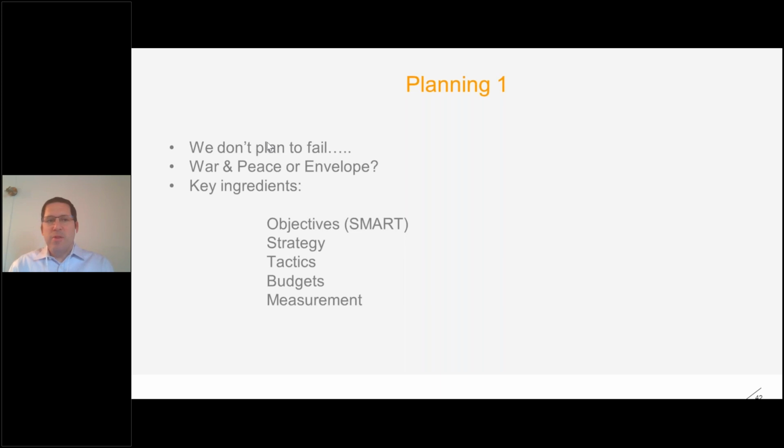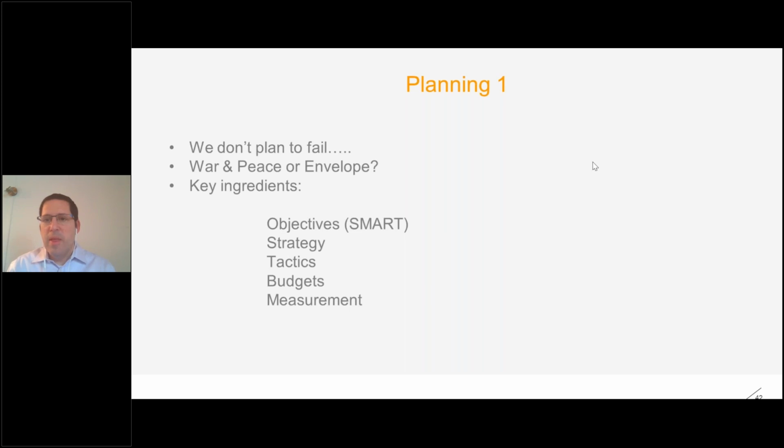Now there is a fine balance between war and peace or an envelope. By that I mean sometimes you have people that spend so much time planning that they almost forget about what it is they actually need to do. And sometimes people can come up with a plan on the back of an envelope or back of a beer mat, and it's not quite what we need. We need slightly more details than that. So there is a balance to be had, and it's probably worth going through what, as I put it, are the key ingredients as far as these things are concerned,